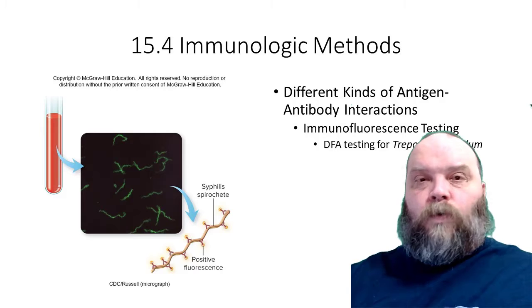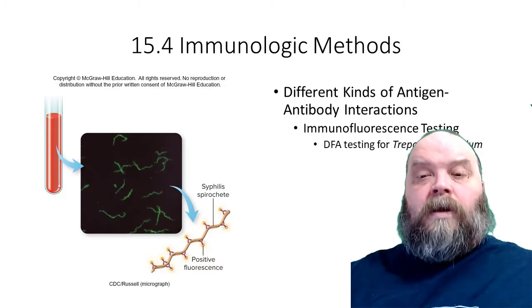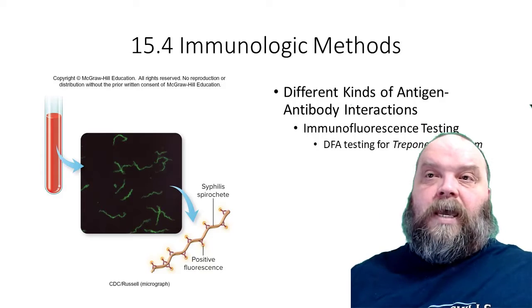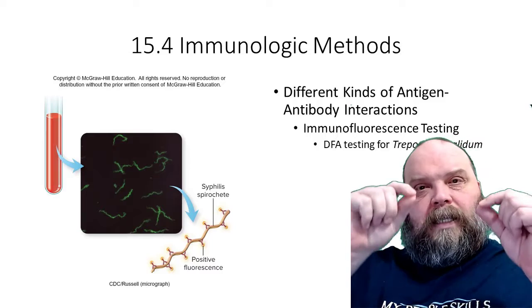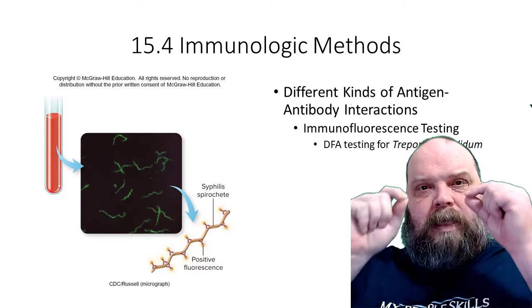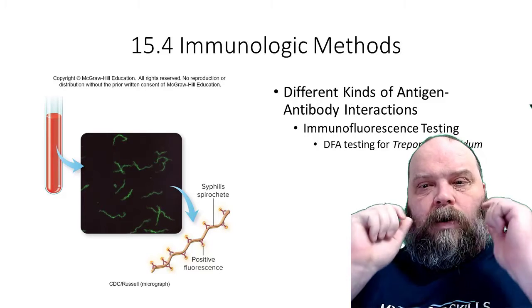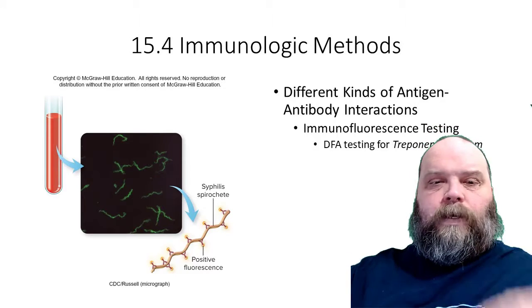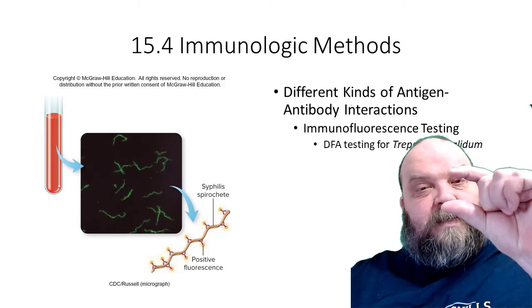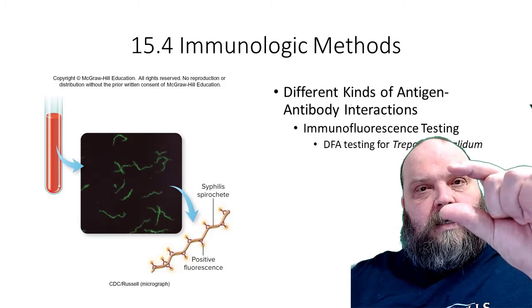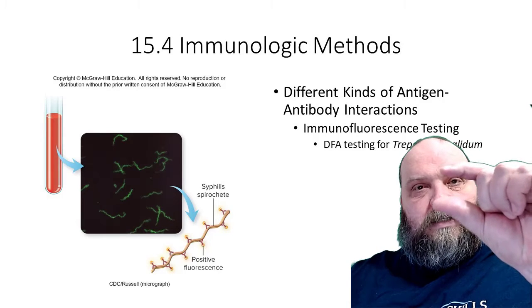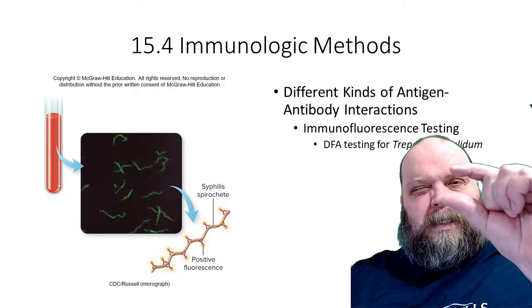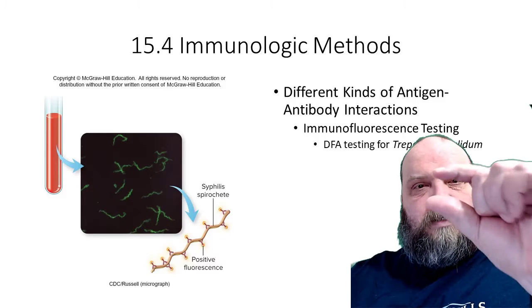Nobody cares if you screw up rabbits or mice, whatever. We bleed them, take all the serum, and then we isolate the antibodies that were made just for Treponema pallidum, syphilis. All the other antibodies we get rid of. So now what we have is this concentrated antibody solution that is specific just for syphilis.